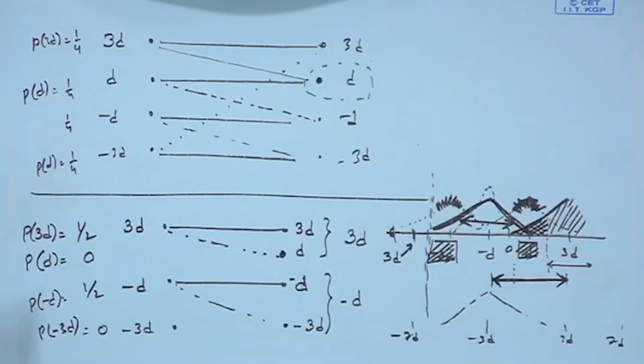So, given a set of transition probabilities, you are choosing the possible probabilities of source symbols, right. That translates to, given a kind of noise power spectral density, or given the amount of noise that is present in the system compared to the received signal strength, that is the minimum distance, we are choosing the number of bits that we should send per symbol, that means the constellation order. So, this is how you could relate this result to what we have studied earlier in terms of constellations and error probabilities, right.